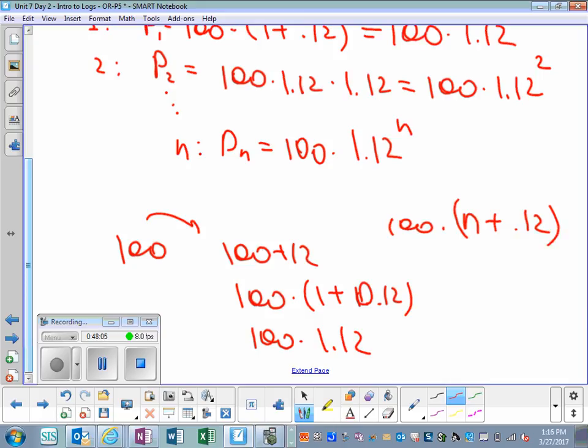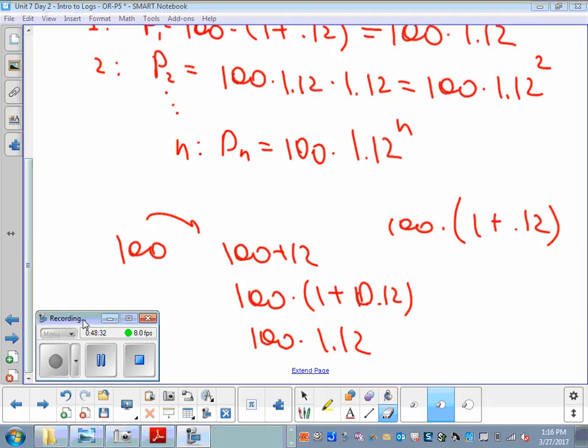Okay, let's just think about it. Is the 1 just for the first one? No. 1 represents 100%. The 100 that I start with, the 100% is 1, right? And then 0.12 is an additional 12%. It's not about the number of years, right? So between